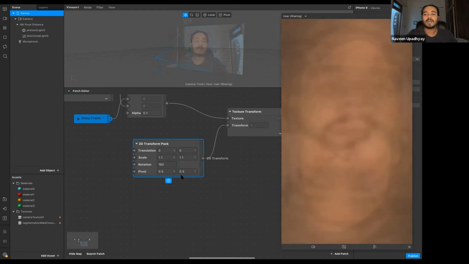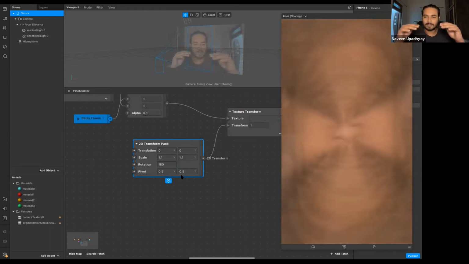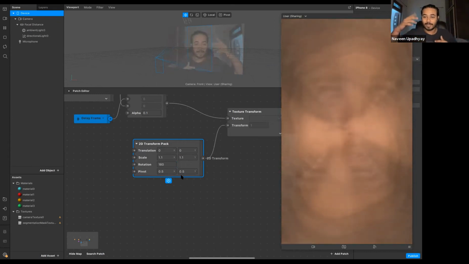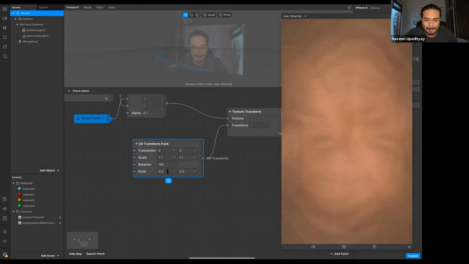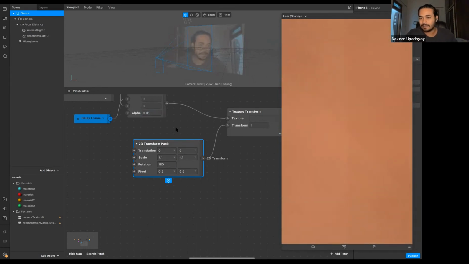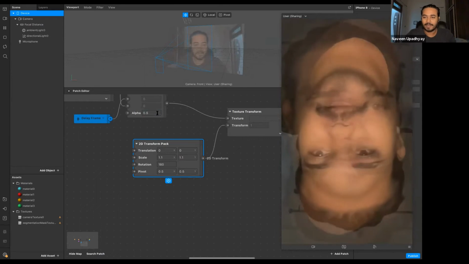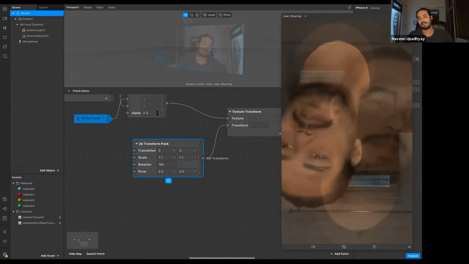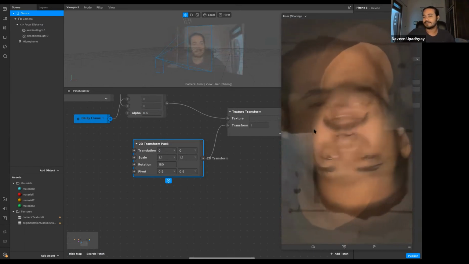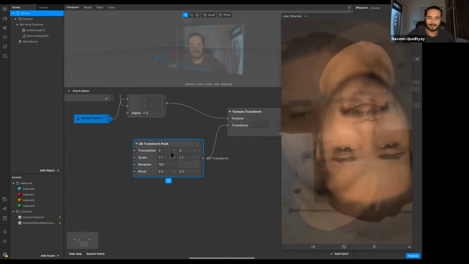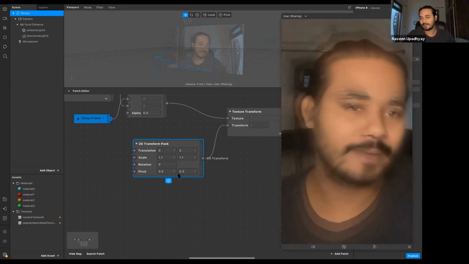If you see now, what I've done is used a 180-degree rotation. So my face is like this, but my face is also like this. My eyes are also here. Again, this is 0.01, and if you do that, it's going to be crazy. At 0.5 you can see both of the things. Now I have two of me. If I put it to 0, it'll be like